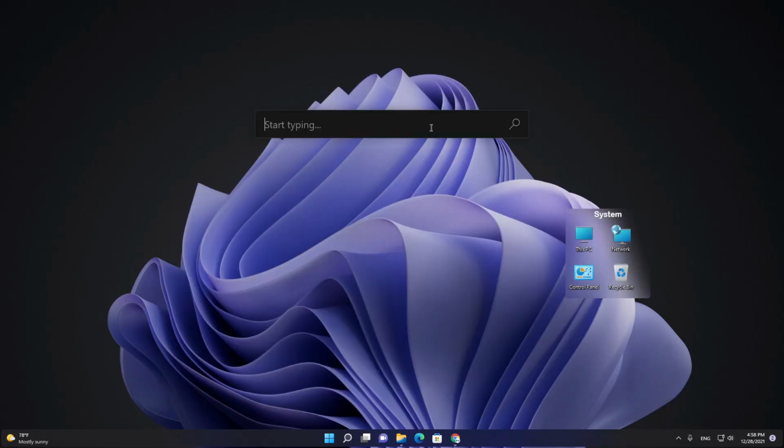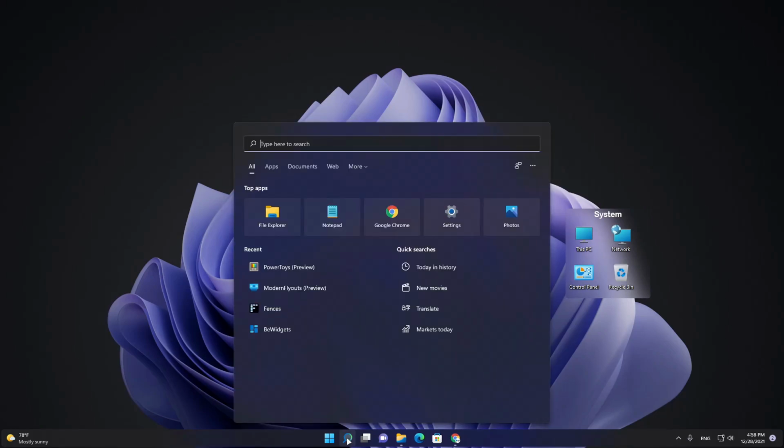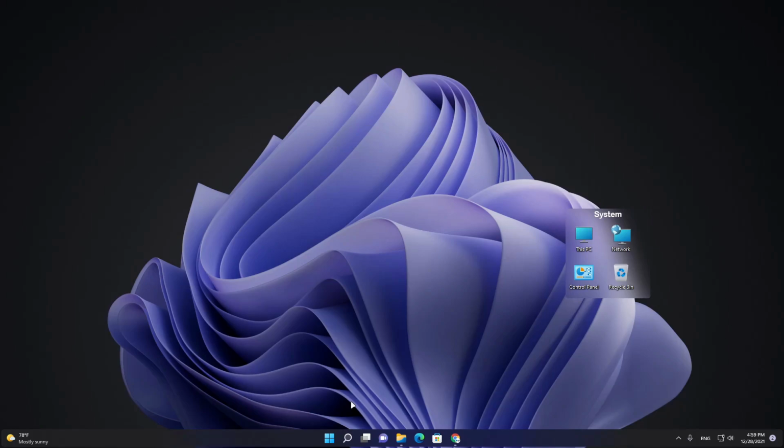Yes, that's it. This is the PowerToys app, or the PowerToys search. You can calculate, you can search for your apps, and you can have advanced search here, then system search, this one, and we have the last app here,